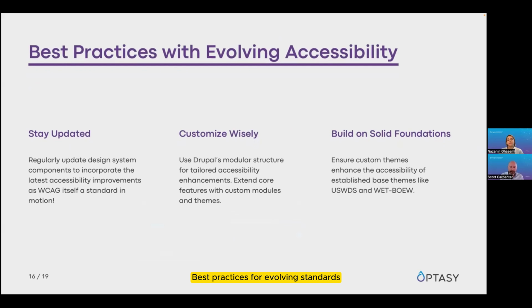Best practices for evolving standards. Stay updated. Regularly update design components to incorporate the latest accessibility improvements, as WCAG itself is a standard in motion. Customize wisely. Use Drupal's modular system for tailoring accessibility enhancements. Extend core features with custom modules and themes. Build on solid foundations. Ensure custom themes enhance the accessibility of established base themes, like the US design system or